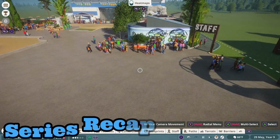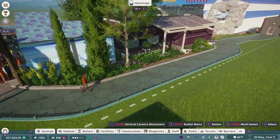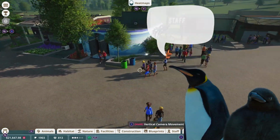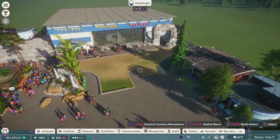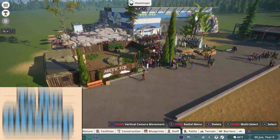In case you missed the very last episode, we started off by making an entrance to the zoo. We made a very nice staff pavilion over here, fit with really good scenery for the staff to work hard and take better breaks. And then we made a little bathroom and a little food court right at the start of the zoo. Guests really seemed to be enjoying it. Their restroom, food, and drink rating all went up. I really want to make a gift shop over here of the new modular items, but before that,